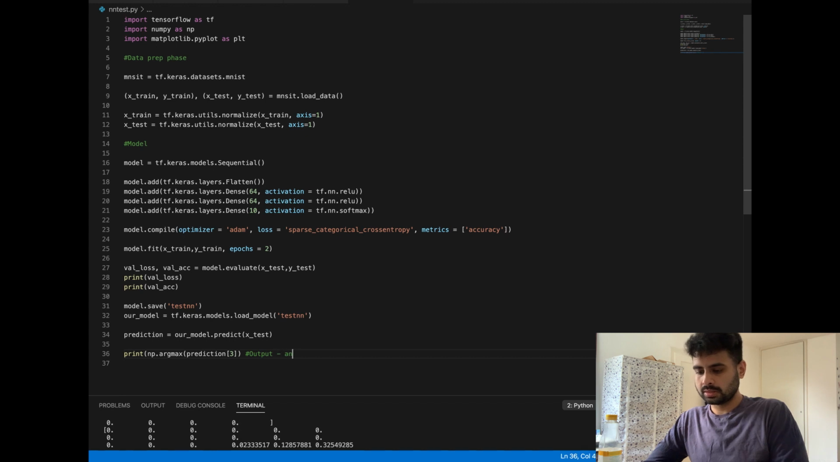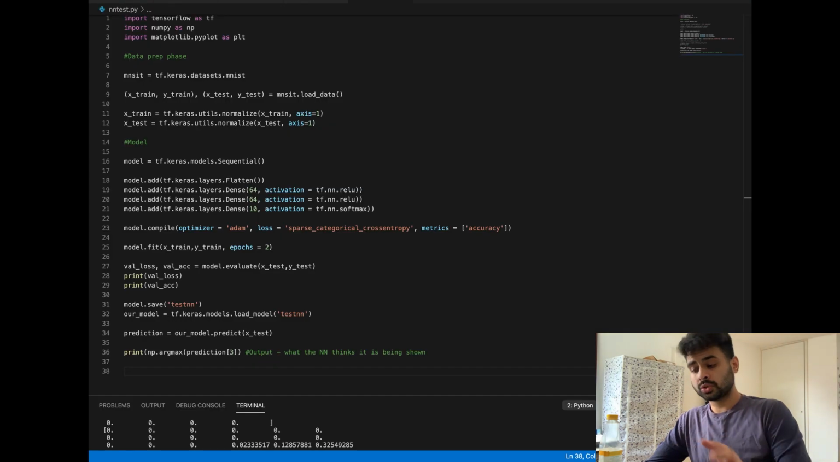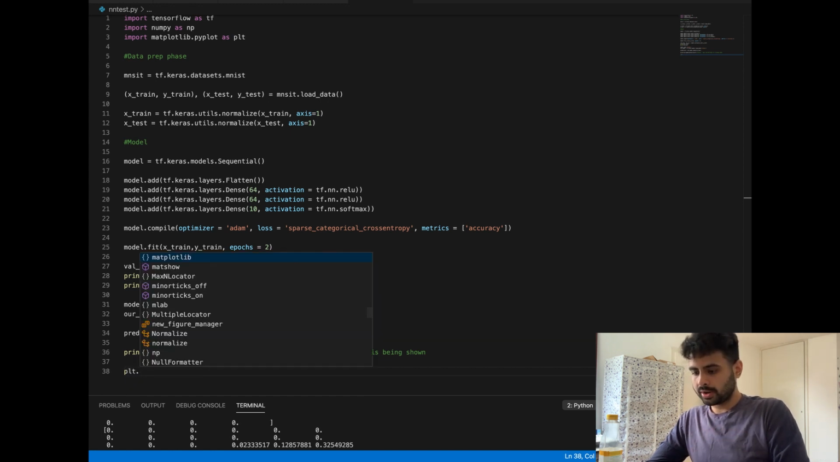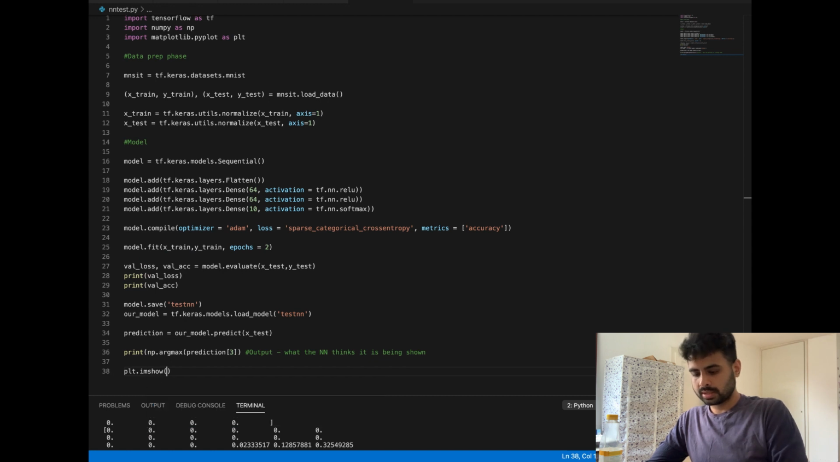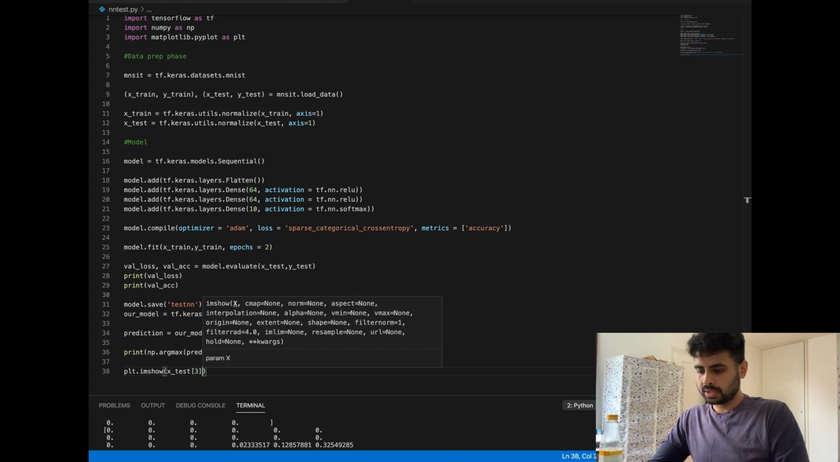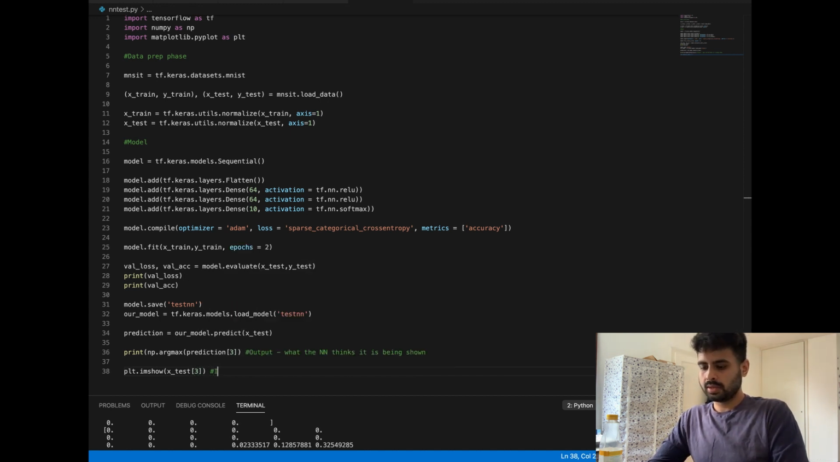Output the answer, I mean what the neural network thinks it is being shown. And finally, for us to show our work as well, to compare, we'll put out the input as well, right? So we'll use plt in matplotlib, plt.imshow what is in xtest at 3. So 3, yeah. So this is the input that the NN is seeing. So this will be displayed as a photo, and then the print statement will show what the actual answer is,